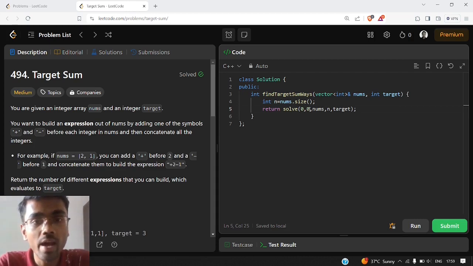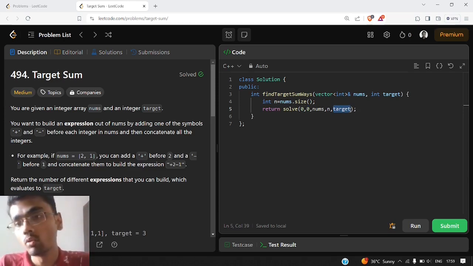We are either adding a number to it or subtracting a number from it. This will take care of the total sum possible, and if we reach the end of the array and the sum is equal to target, that would be one of the possible combinations.